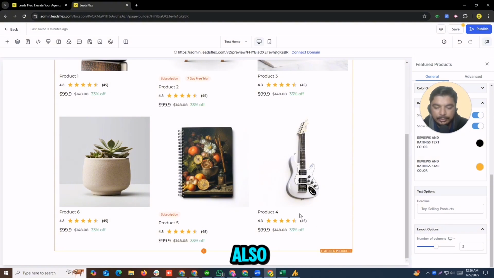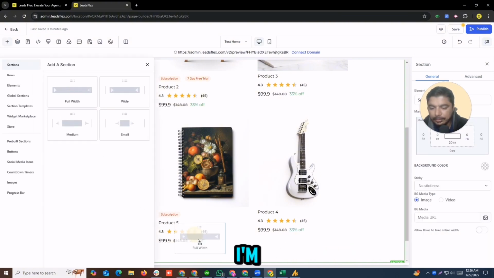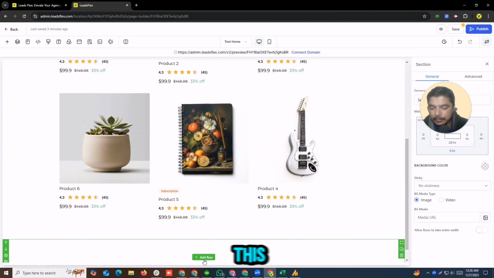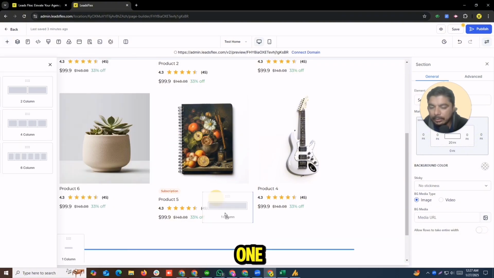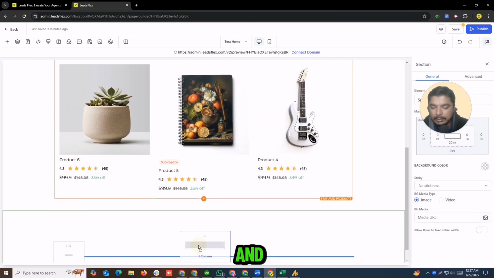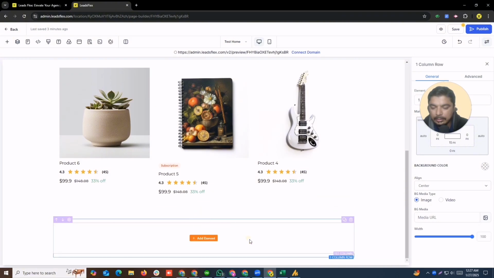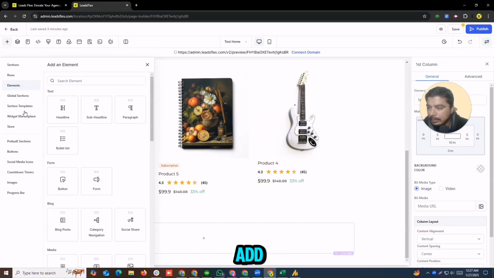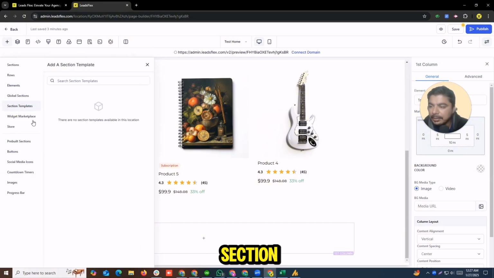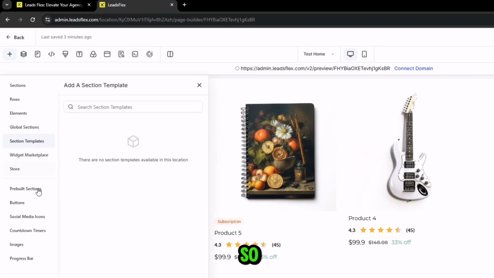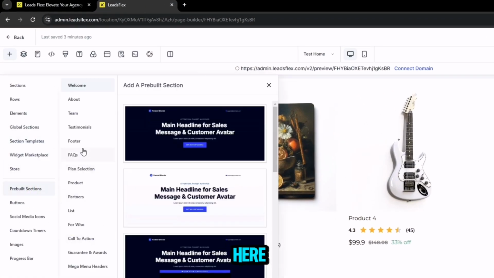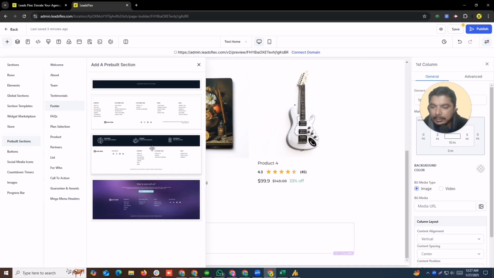And if you want to add a footer or something like this, just simply click on it. I'm going to use this one. Let's say one column for now, just put one column and add. I'm going to use a section here, a pre-built section. I would like to say footer. I'm going to drag and drop this one,